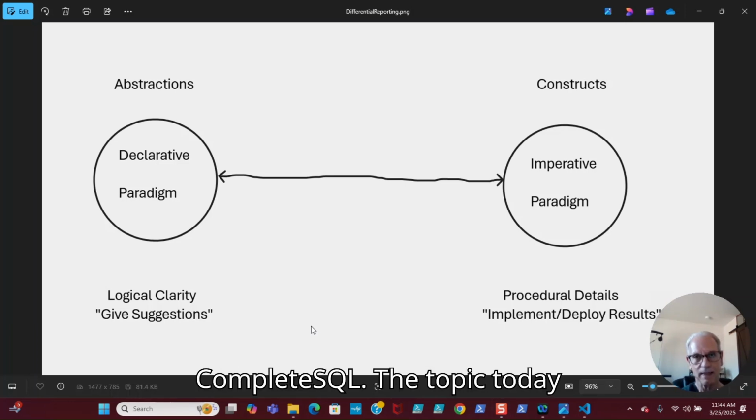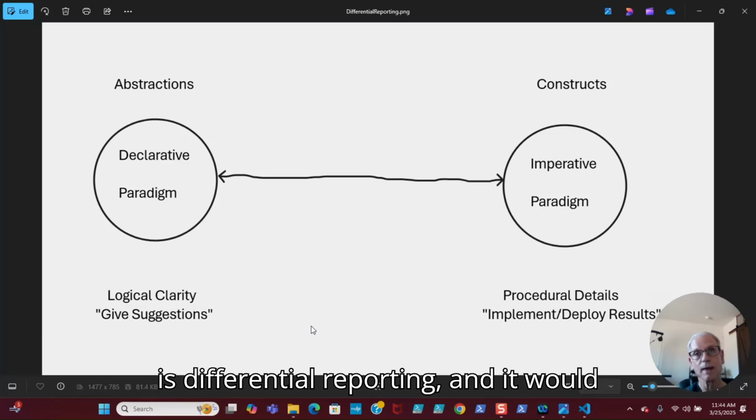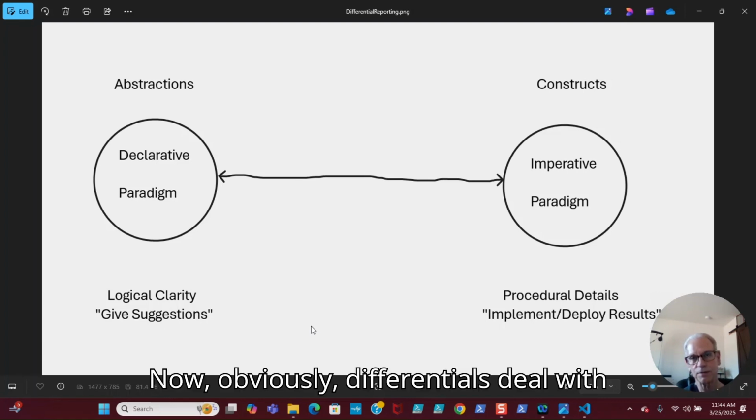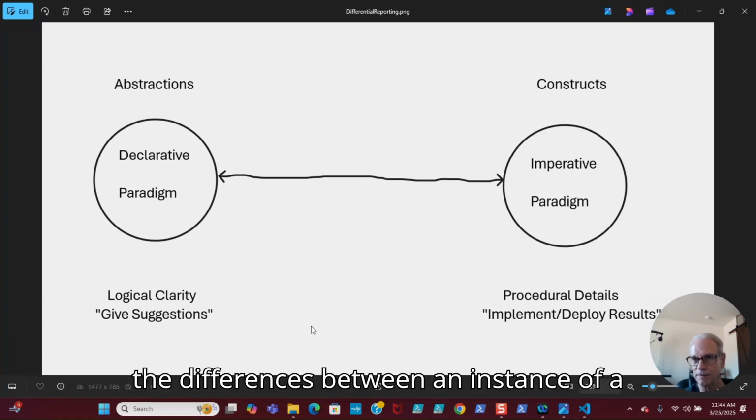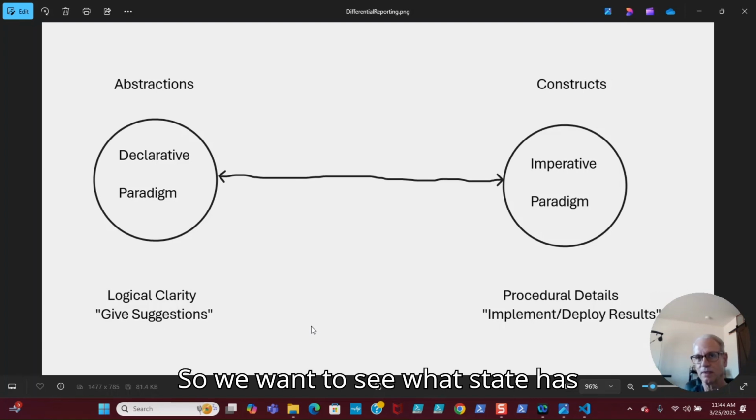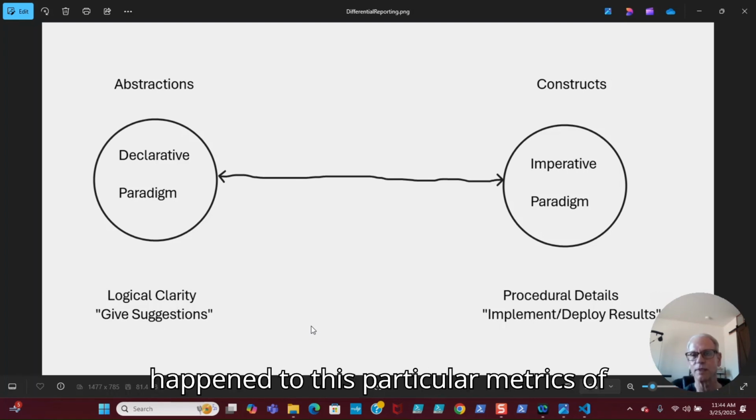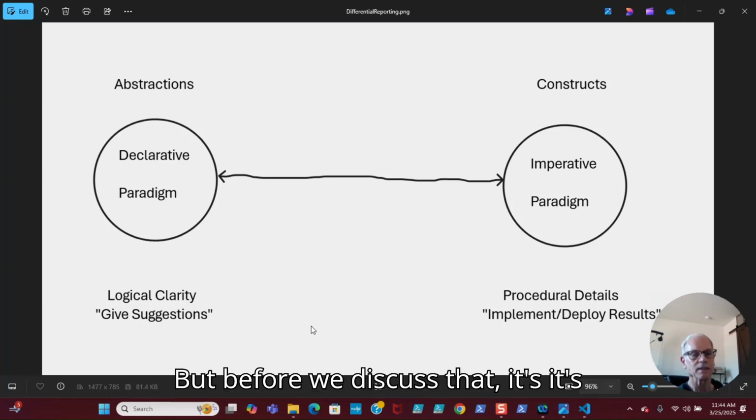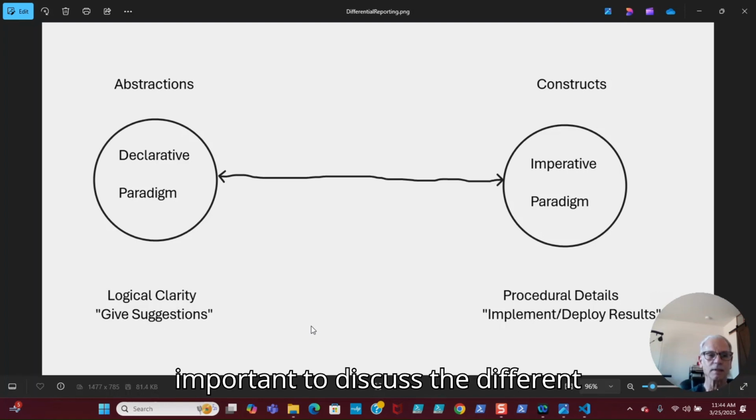The topic today is differential reporting, and it would be episode 6C. Now, obviously, differentials deal with the differences between an instance of a row in a different time span. So we want to see what state has happened to those particular metrics of particular columns that we desire to see. But before we discuss that, it's important to discuss the different